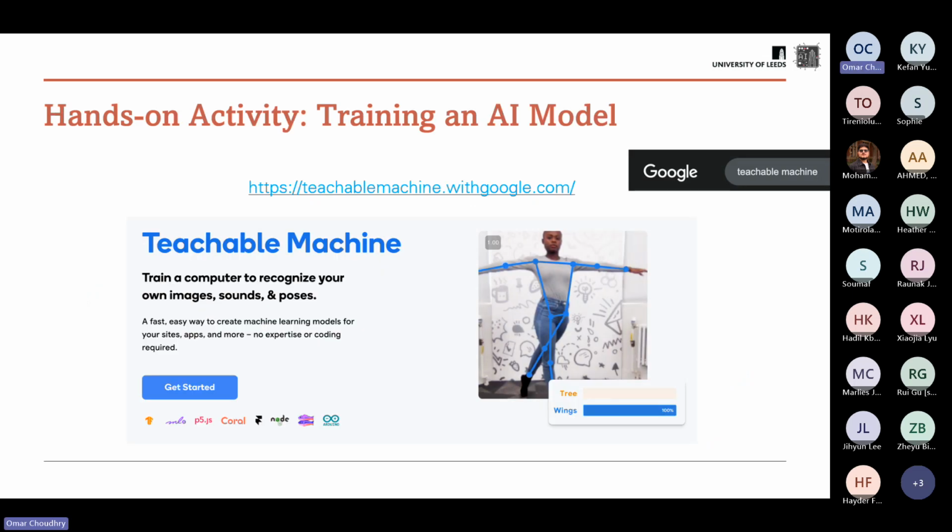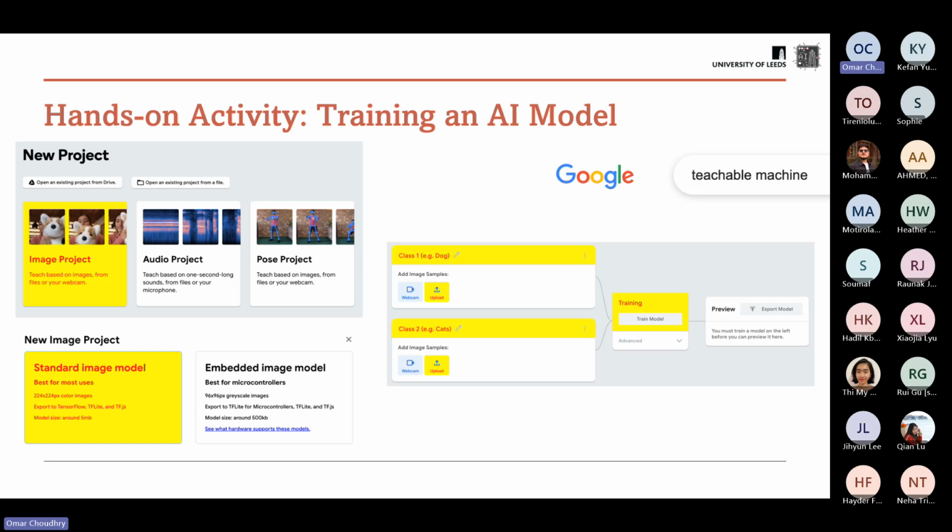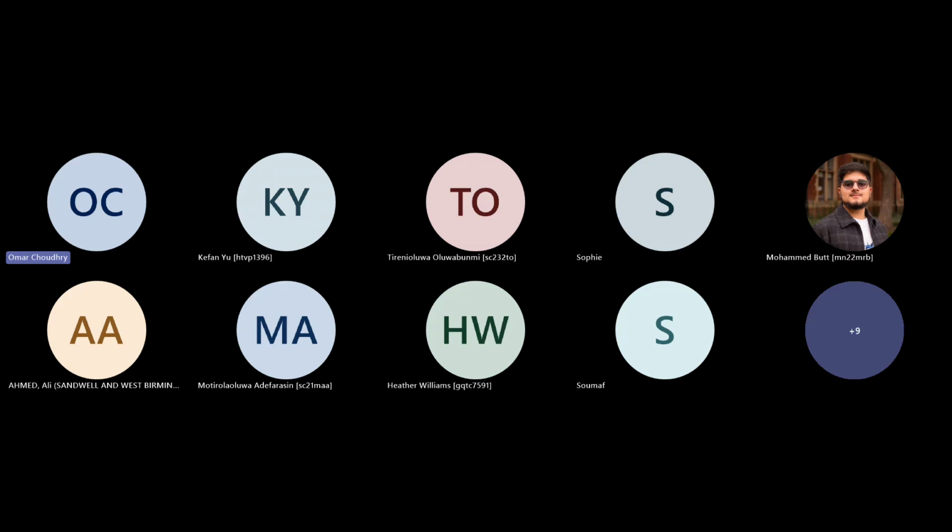So what I'd like all of us to do now, and I'll be doing this with you all too, is we're going to look at a little bit of a hands-on activity on how we can actually train an AI model. There's this website by Google which is a very nice online website which you can use to train different types of AI models, obviously with a certain small amount of data. So if you go on Google and you type in Teachable Machine, you'll get to an interface that looks something like this. And from here, I will begin to share my screen so that we can see it all together.